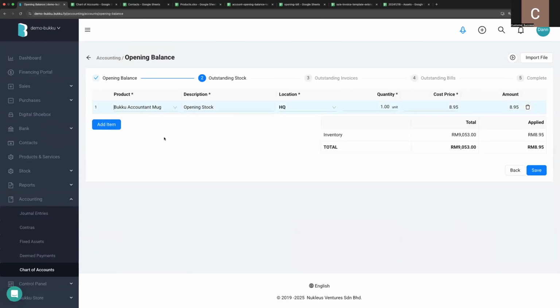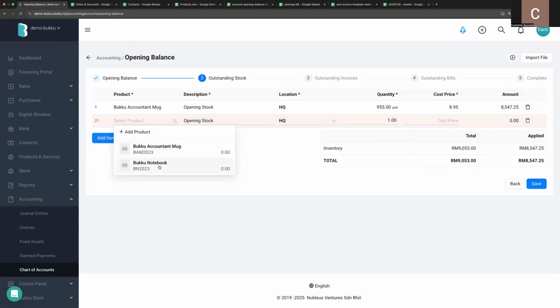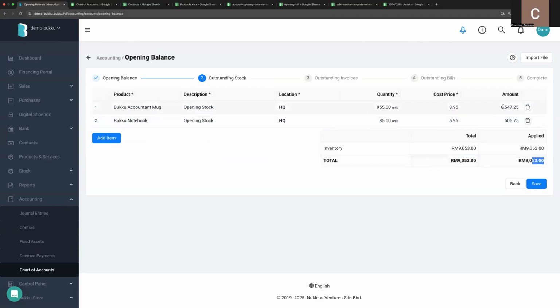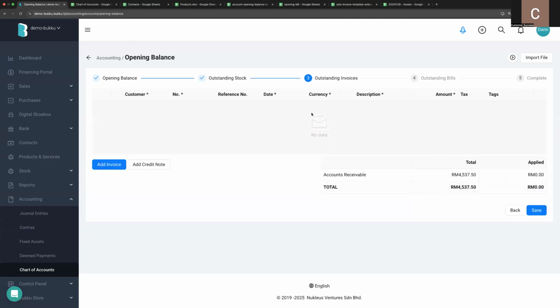So Bukku accountants mark, I have 955 quantity, and the pricing was 895. And another item I was selling is Bukku notebook, and the quantity available on my hand was 85 units. You can see the amount tallies to the quantity and the price or the amount which I've keyed in here. Okay, so once it is tallied, then you can click on save,